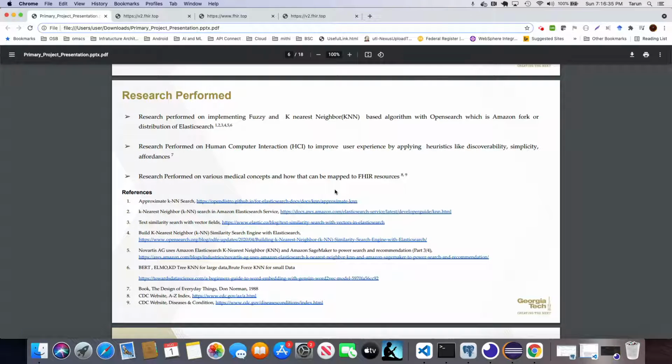What research is being performed? The FHIR solution is backed by a search engine, for which I have used OpenSearch. OpenSearch is Amazon's distribution or fork of Elasticsearch, and it has built-in KNN indexing. So I did comprehensive research on how to use KNN, especially in full text search, with Elasticsearch or